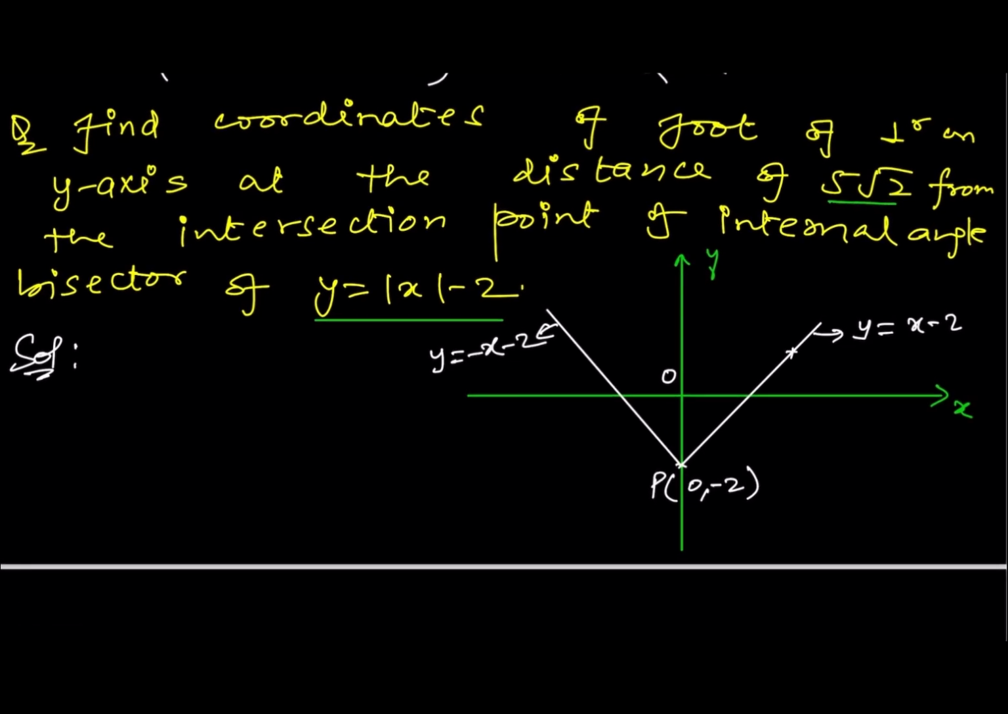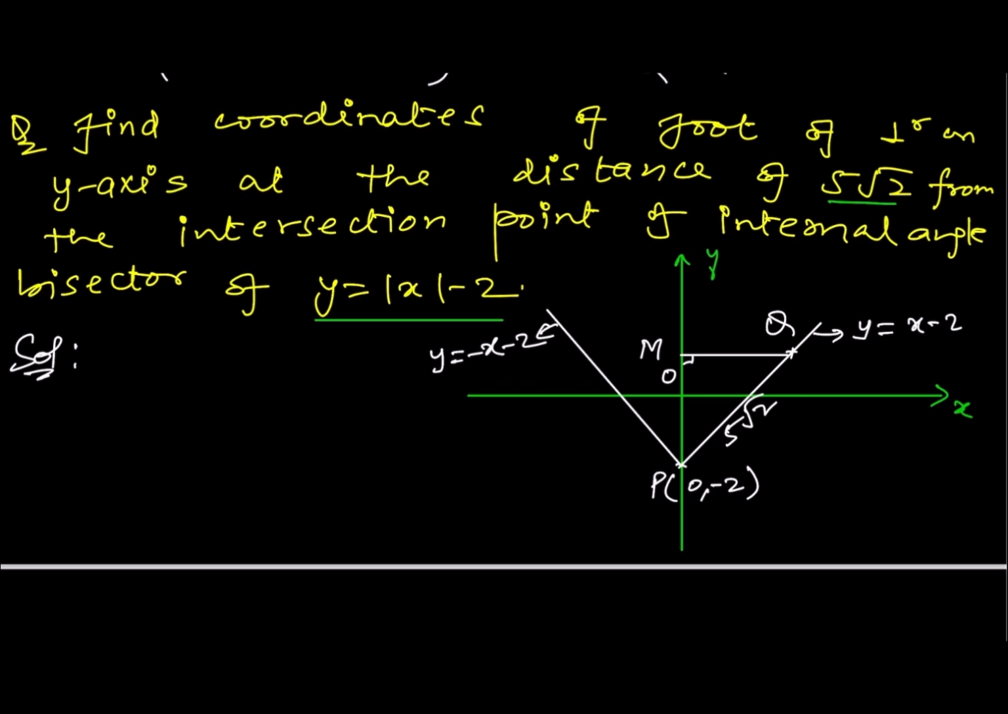if I take a point Q at a distance of 5 root 2 from P, because P is the point of intersection of this y is equal to mod x minus 2 with y-axis, and then from Q if I draw a perpendicular on y-axis, then this is foot of perpendicular, say M. So you can choose any of these 2 lines, any line, either y is equal to x minus 2 or y is equal to minus x minus 2 for perpendicular,